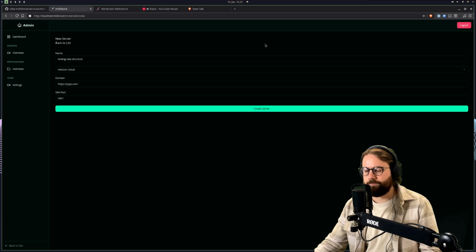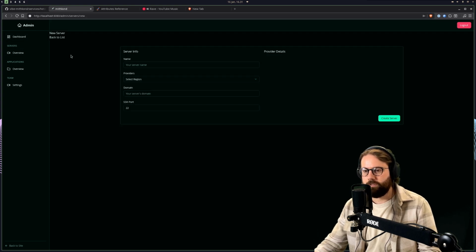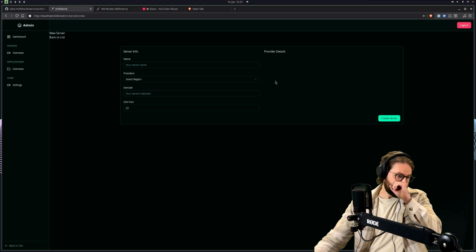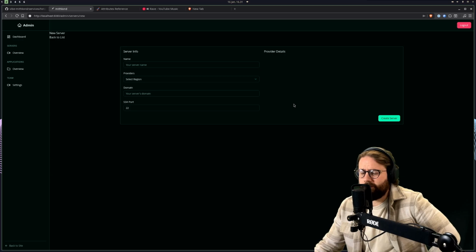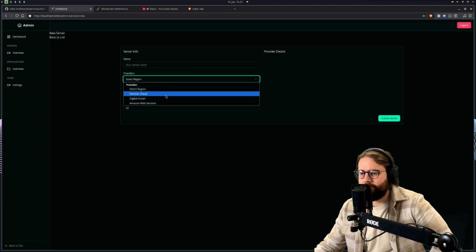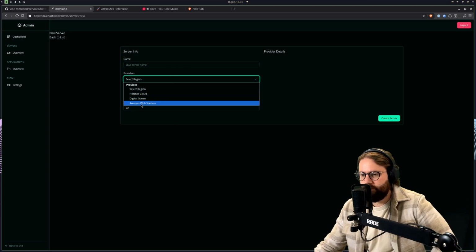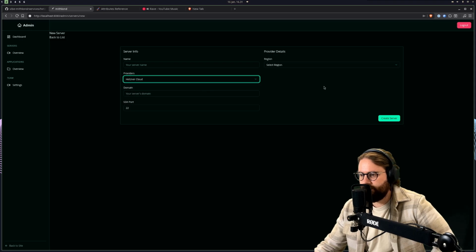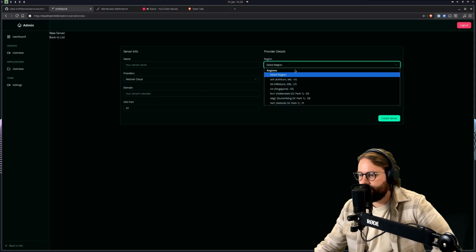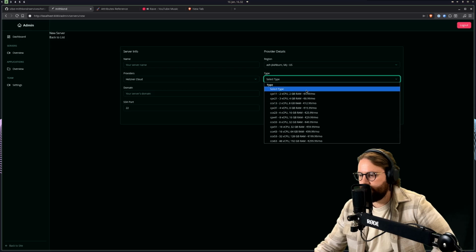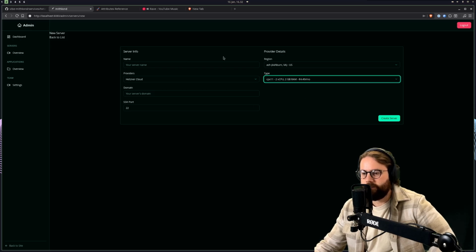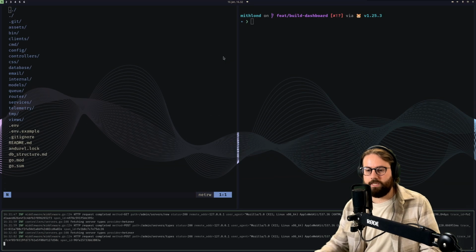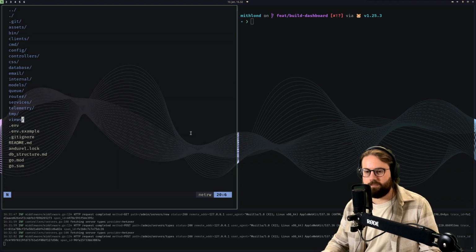Have it here. So I go to server, let me update this. There's still some work to get done with the UI, but that's fine. So right now I'm only going to be supporting Hetzner. So when we click Hetzner, we can select the region, we can select the type, and then when we actually click next,